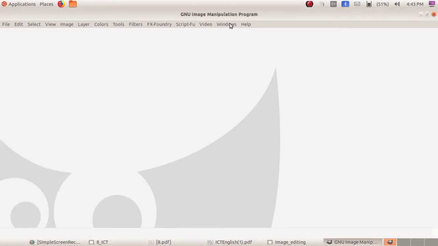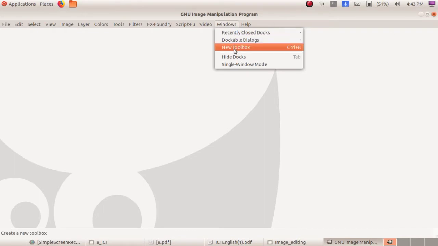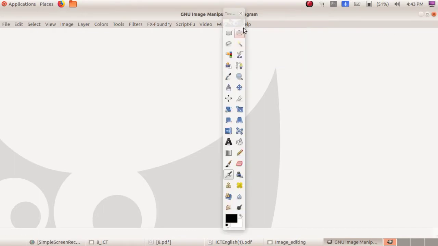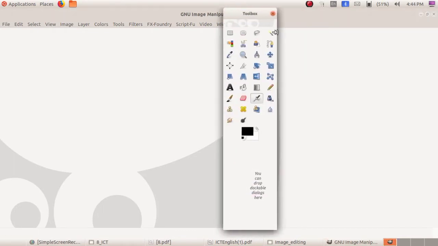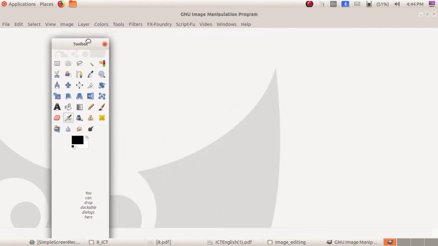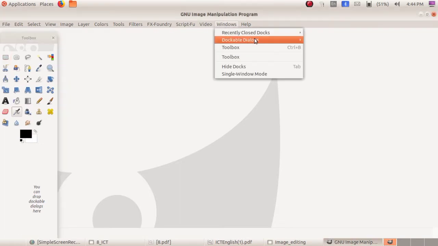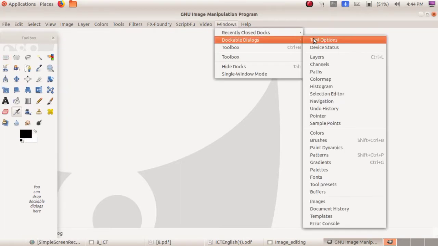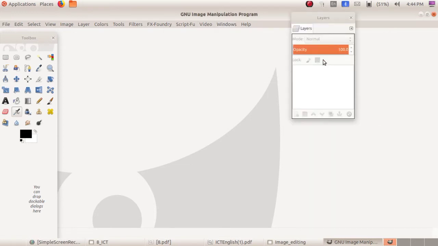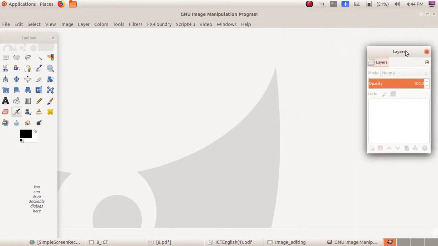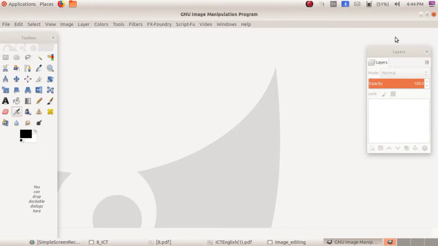You can go to Windows, then click on new toolbox for the toolbox. Now adjust its size and keep it on the left side. And for the layer palette, Windows, dockable dialogs, layers. These two windows, toolbox and layer palette, are required for GIMP software.